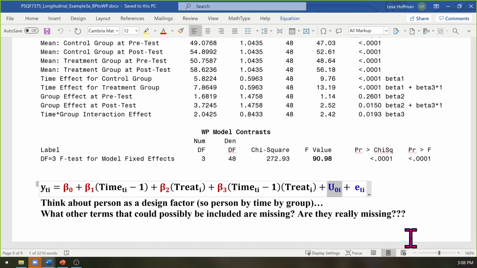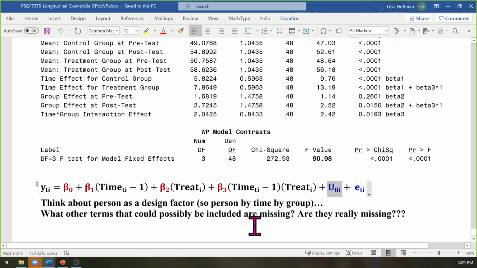It's a random effect, not a fixed effect. The betas are fixed effects. I get a specific inference about each occasion being different from each other occasion and each group being different from each other group. I don't get the same type of inference from including person here. I don't get, is person 1 different than person 2? Is person 3 different than person 1? I don't get that. I don't want that. What I get is a variance across people. How much of the total variability is because people differ? That idea is what U0 is getting me. It's a random effect of person. So it is a person main effect.